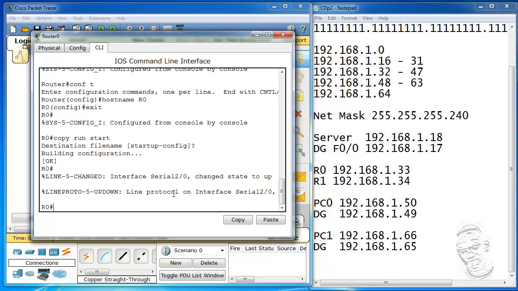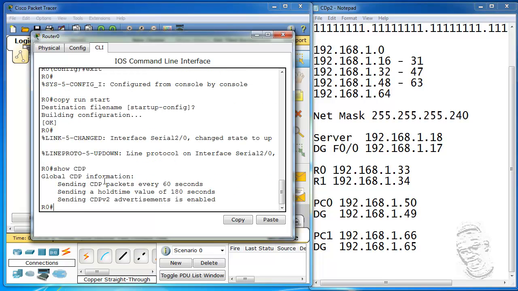Right? And we are already in privileged exec mode, so we're going to show CDP. Right? And we could say that CDP is on by default on Cisco devices. And we can see that CDP packets are sent every 60 seconds. Its hold time is 180 seconds and so on. And we could also show another command. If you are supposed to say show CDP